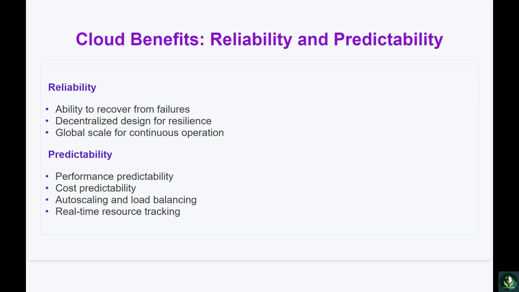Budgeting and alerting. Most cloud platforms allow setting budgets and alerts to help manage costs proactively. Total cost of ownership, TCO calculators. These tools help businesses estimate the full cost of moving to and operating in the cloud. By leveraging these features, businesses can build cloud solutions that are not only reliable, but also predictable in terms of both performance and cost. This predictability allows for more effective planning, budgeting, and resource allocation, ultimately leading to more efficient